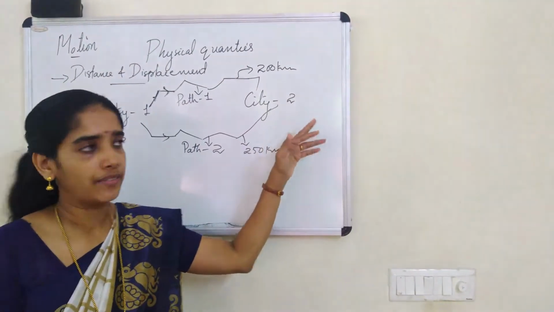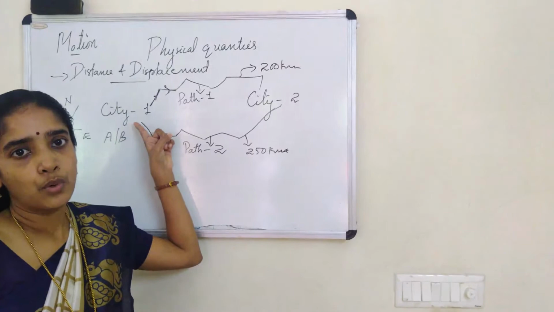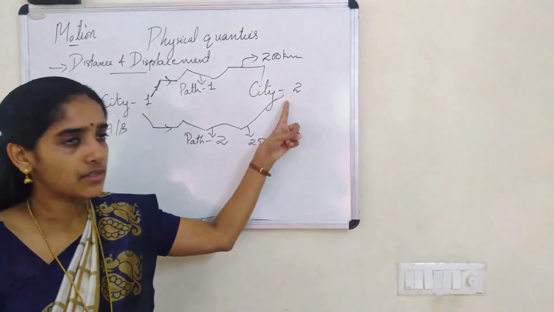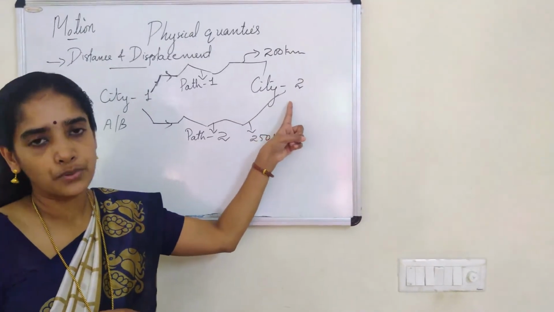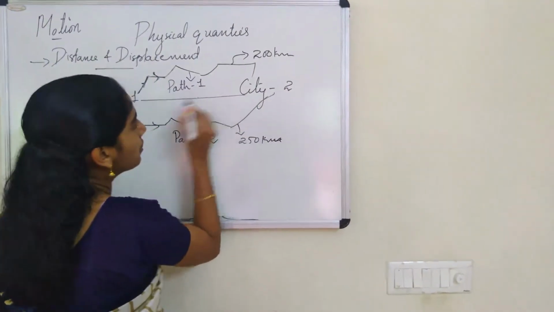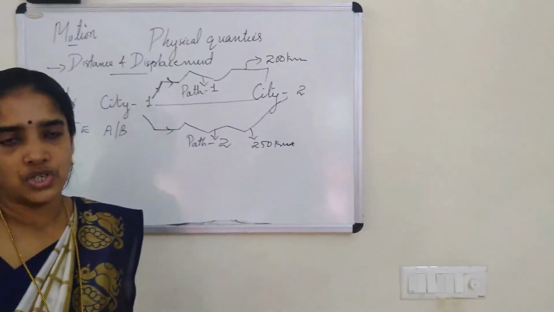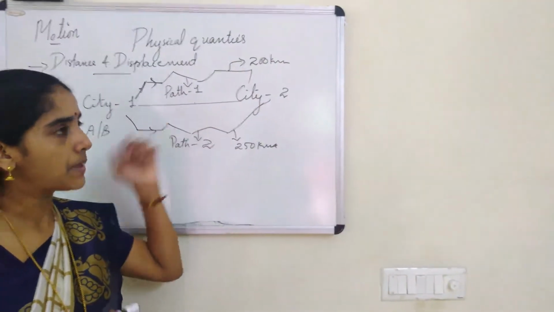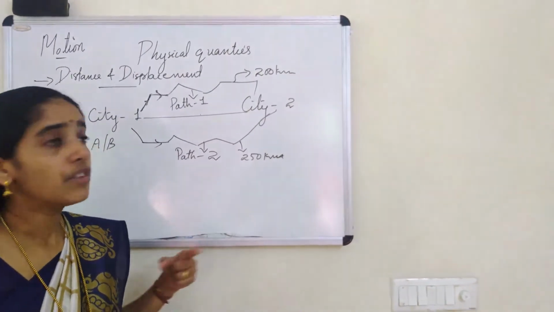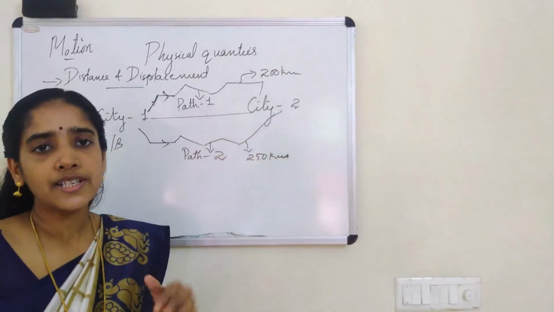Here I want to tell you one thing. Here the people started the motion from here. This is called initial position or starting position. This is called the final position or the end position. So when we draw a straight line from the starting position to end position, we can see the direction. So here, what is the purpose of drawing a straight line? First thing is to know the direction in which we need to move so that we will reach the destination.